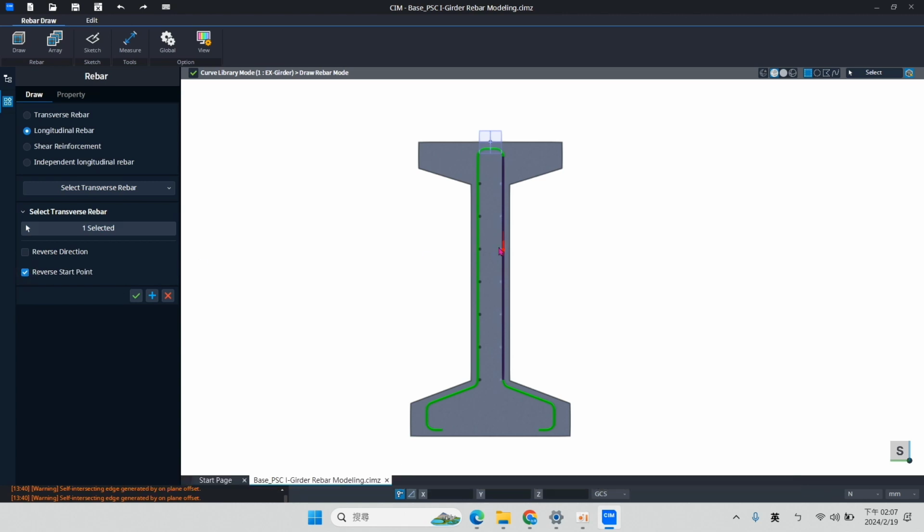Don't forget. Because as you can see, if you don't click this rebar start point, you will add another rebar in here and decrease one of the rebar in the right hand side.